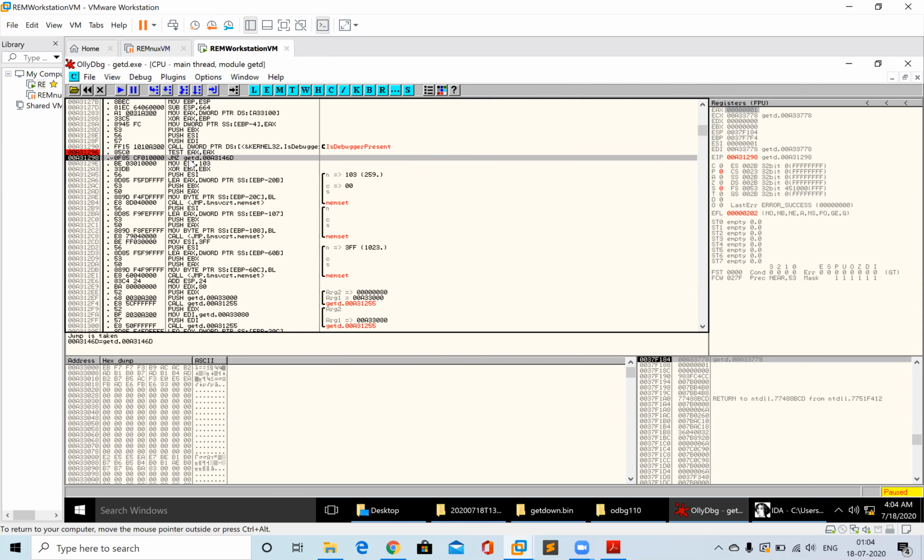So what we will actually do right now, since we are confident that this function will return 1 inside the EAX, and these two things will get affected because of this EAX value. So what we will normally do is just press the space button over here. You need to highlight this button, the jump not zero function, and then you just write any instruction.